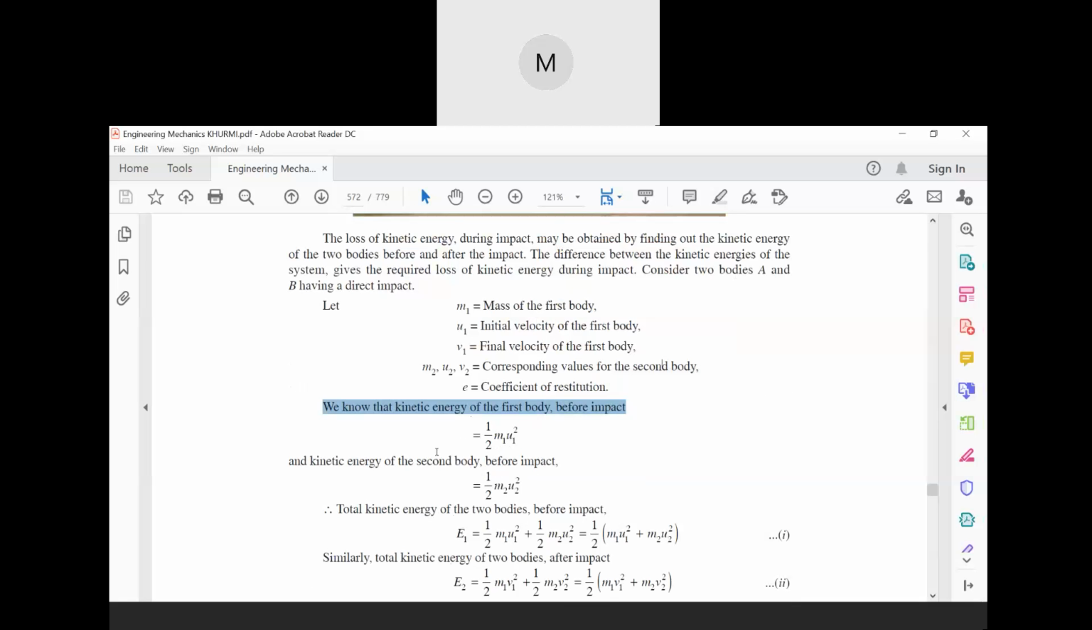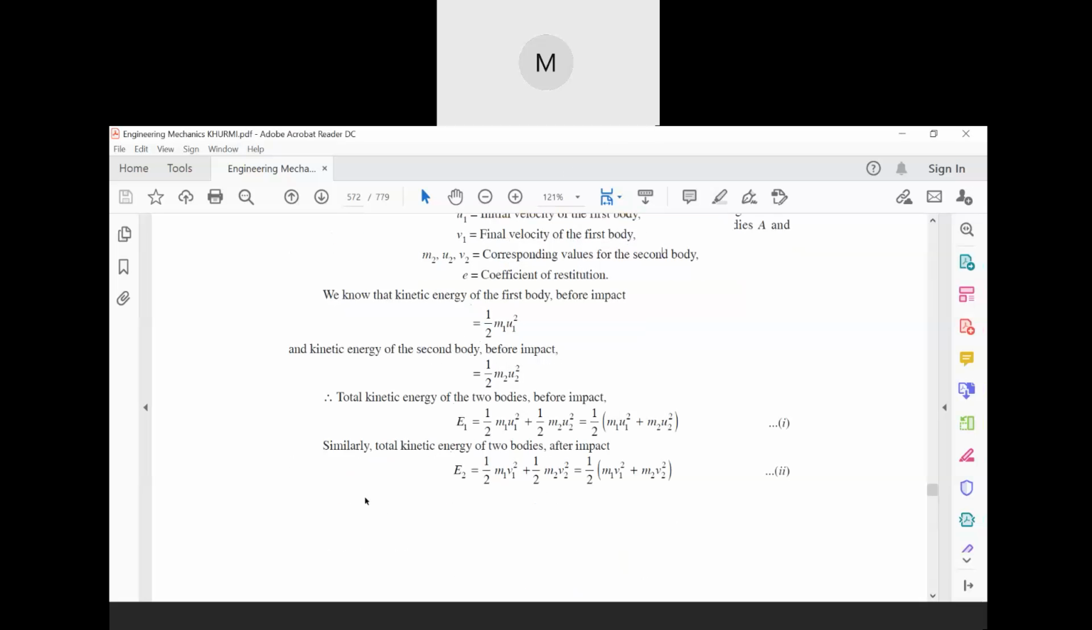Then the kinetic energy of the second body before impact is half m2 u2 square. Why m2 u2 square? Because u2 is the second velocity and m2 is the second mass. That is why half m2 u2 square. So now in this way,